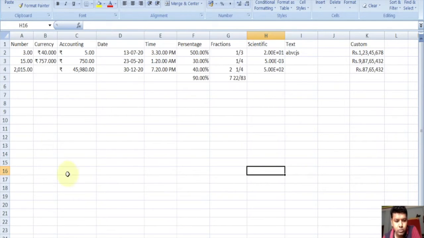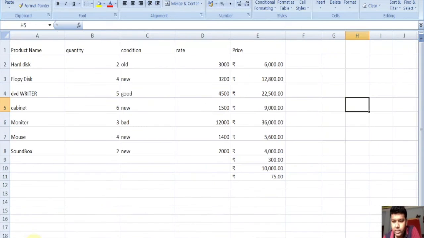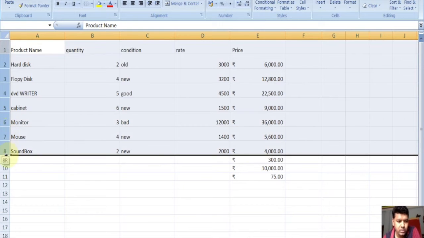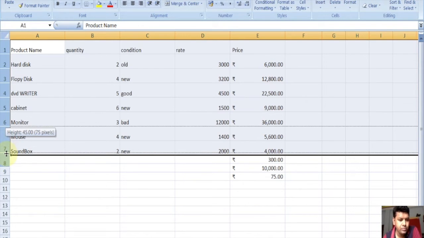For that, let's go to our first sheet that we have already created, and in alignment we can see that by default text is left aligned in the cell, and numbers are by default right aligned in the cell. For user defined alignment, first of all we enlarge the cells by increasing the row height.